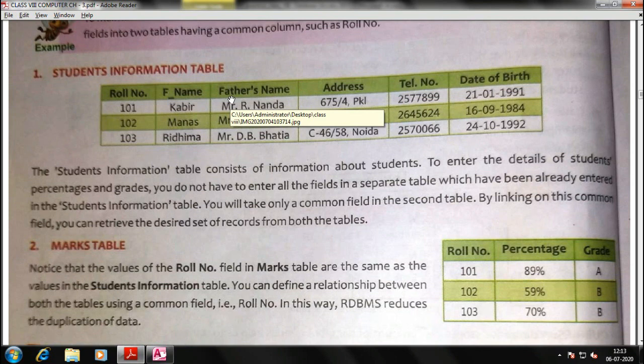And name is the second word. If I put underscore in between, it will become one word. Take an example of father's name again. Father's is one word, name is another word. So if I want to make one word father's name, then instead of the space which is given here, I'll be putting an underscore here. Okay, clear? I hope this thing is clear to you all.